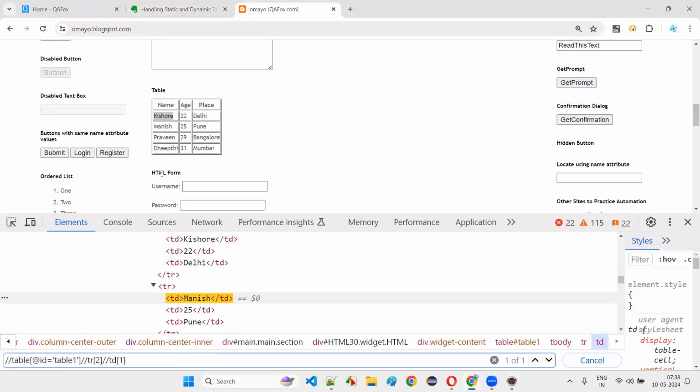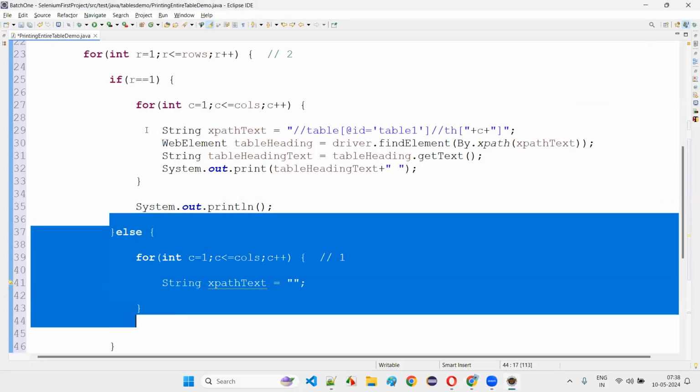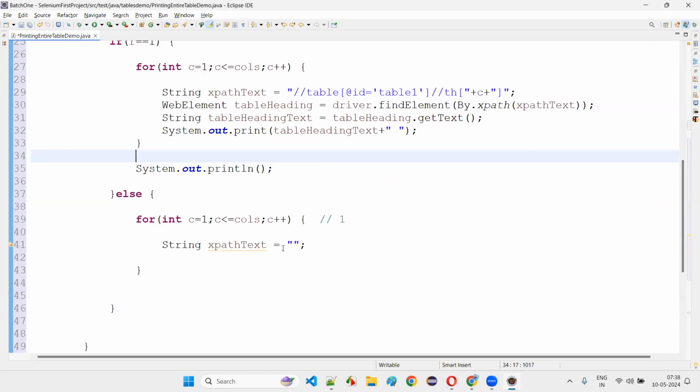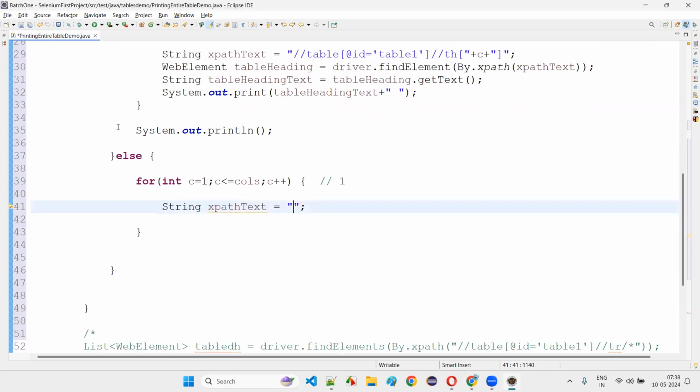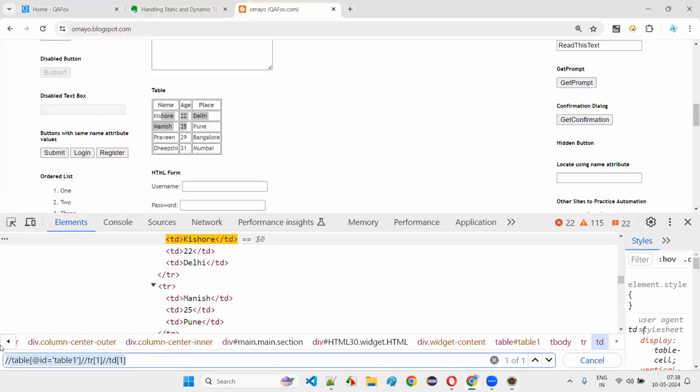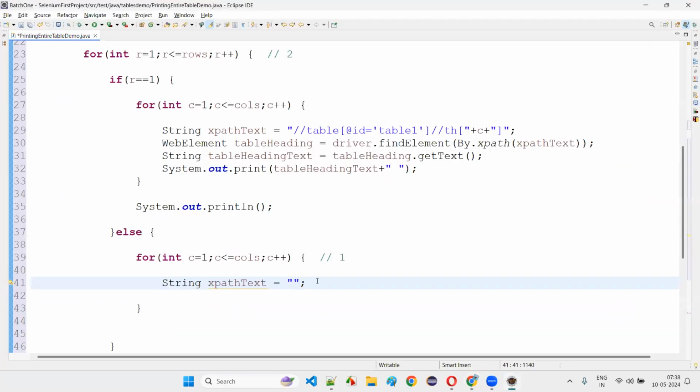If you mention 2, it's not really in the table data, it's not the second row. Out of this 4, it's not a second row, guys. So here we have to give TD here of 1. That's the reason we have written the logic like an if else block. Otherwise, we would have written in the same block itself. So if R is not equal to 1, in that case, the XPath expression will be a bit different, guys. I'll tell you. Copy this XPath expression and here write down,